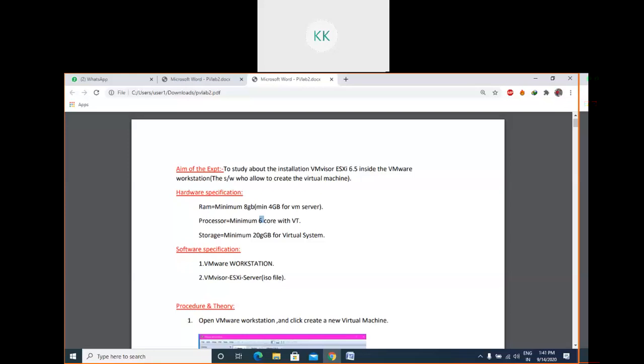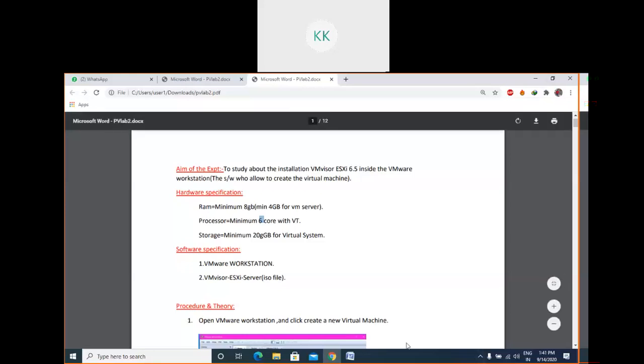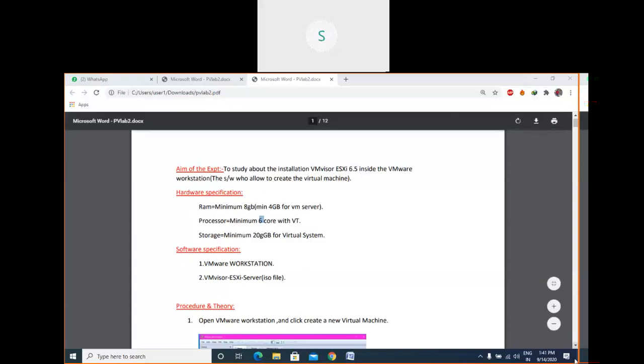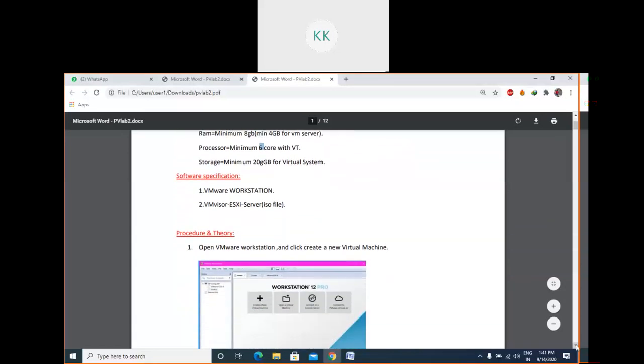Stay with me, 100% working. See, I used to download, and I'll show you. See, this is the IDM plugin. Using this I have downloaded all the different things. With IDM you don't need much time, so you can use this one. It's a paid software but it is available. In this recorded session I am not supposed to tell these things, but for your usage purpose I'm telling you. We are free to do this because we are in a teaching-learning community, right? So I can use it, no problem. So these two software are required.